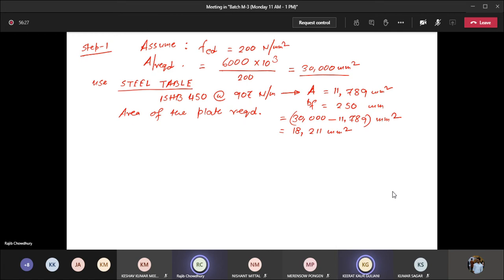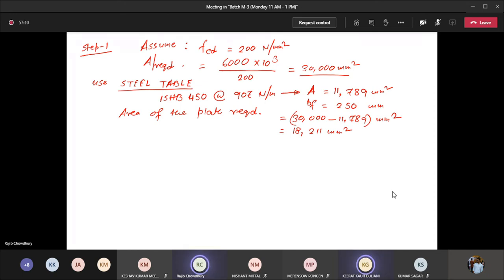Excuse me, sir, we can choose any section? Yes, you can choose any section, but you know, Kirat, as we go to higher and higher sections, it would be very difficult to get them from the market because all the sections are prefabricated, since they are hot rolled. It is not like our concrete. Obviously we can choose ISHB 700 or ISHB 1000, but again local buckling will come into the picture.